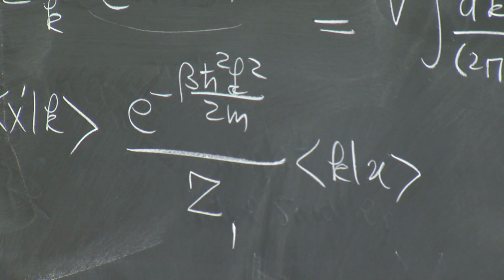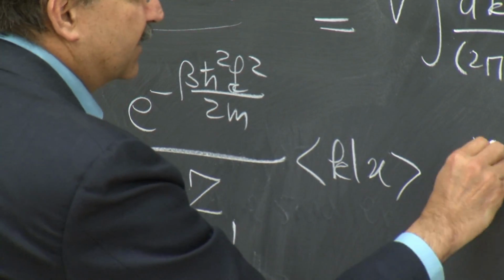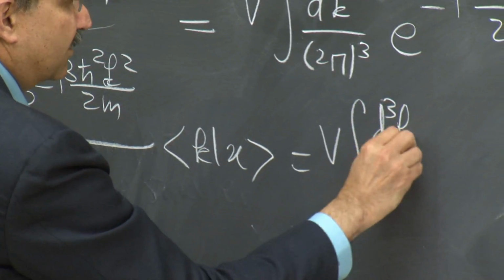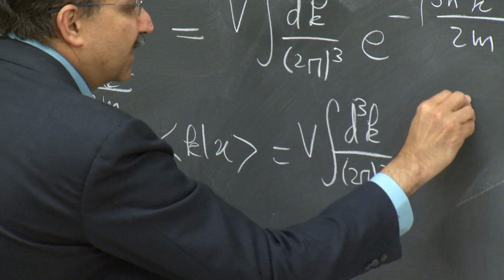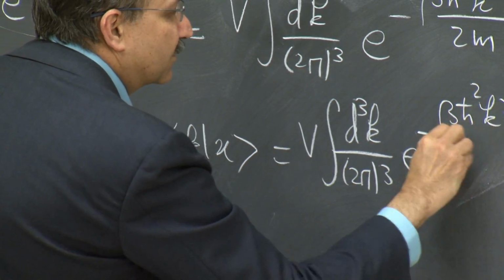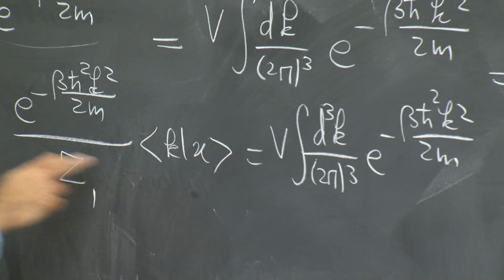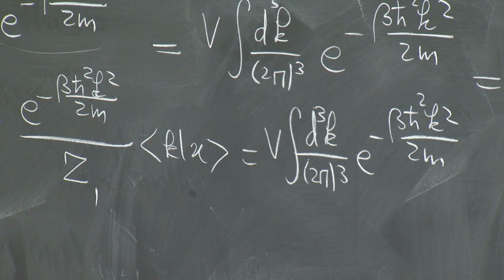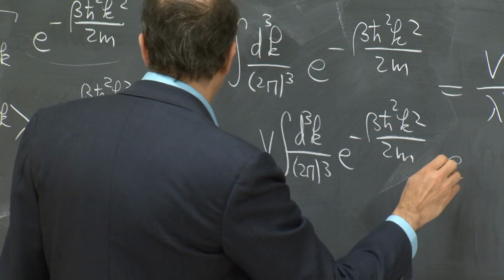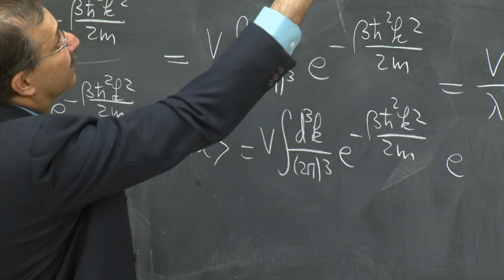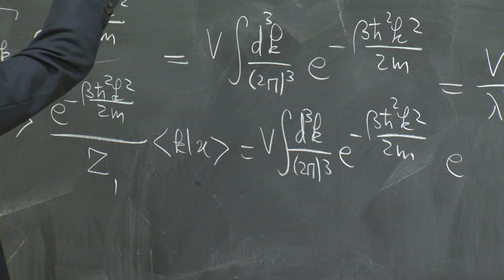And basically, again, replacing this with V integral d cubed k over 2 pi cubed e to the minus beta h bar squared k squared over 2m. These two factors of xk and x prime k gave us a factor of e to the